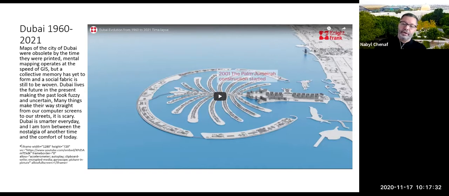To the point that at a particular time I took on a research on the way people perceive the city, and guess what? This beautiful island, which is the Palm Island, wasn't in their mind, so it wasn't in their mental map. It was just that it wasn't processed yet, just the speed at which things happened.